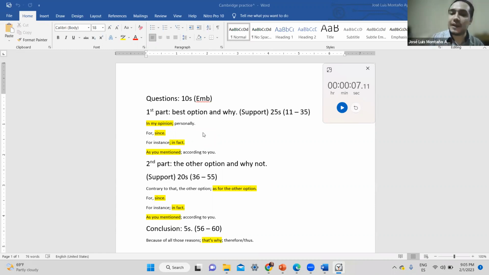As you said, it's dangerous to have a cell phone at that age, and he has to understand that, right? For instance, so you give a short example. For instance, once I had a nephew that had access to a cell phone, but I don't know, his parents found out that he was receiving messages from strangers, and that was very dangerous. Okay, so again, if you realize it's not that far away from the TOEFL strategy, or way of working, because you have to first give your opinion, explain why, give an explanation, and also